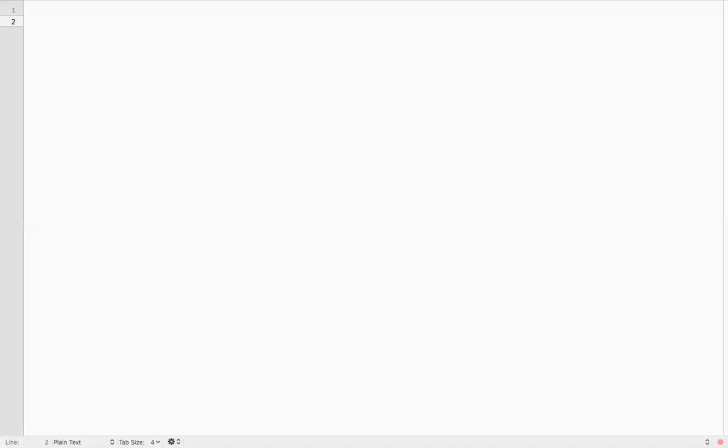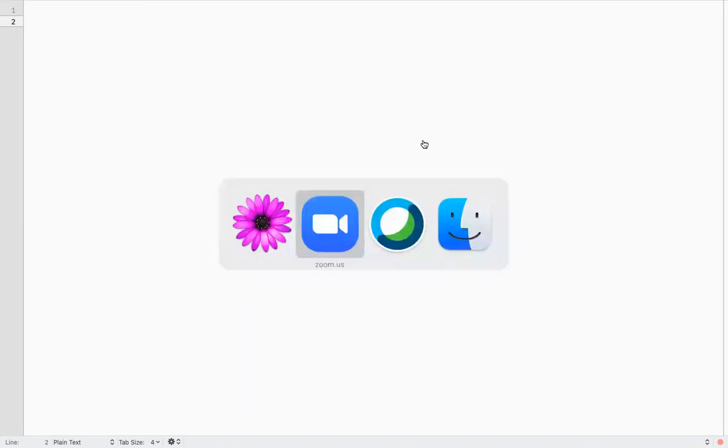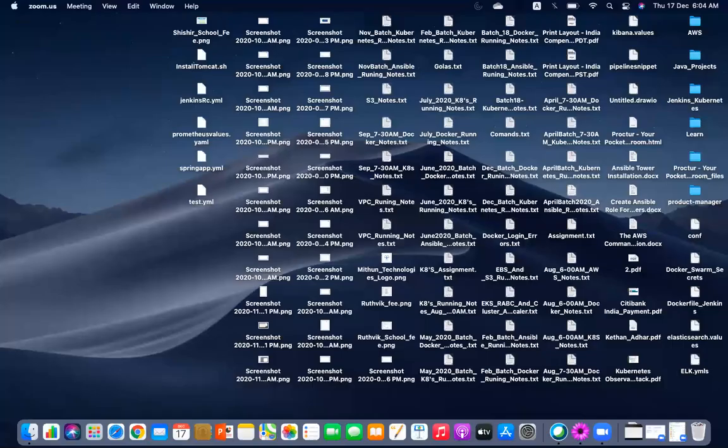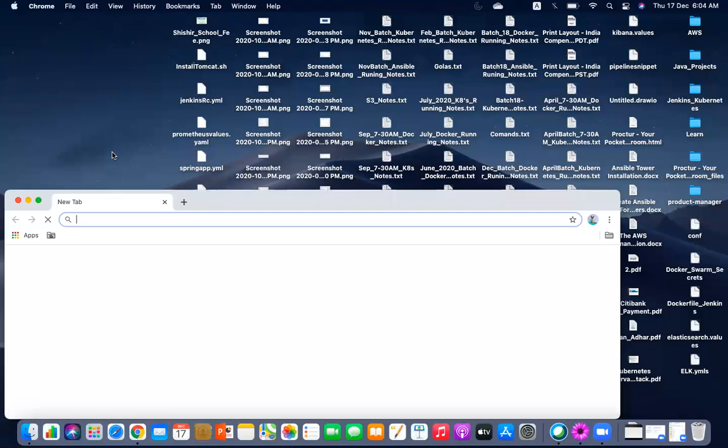Today we'll try to discuss S3 object storage. As we already discussed yesterday, we no need to mount S3.